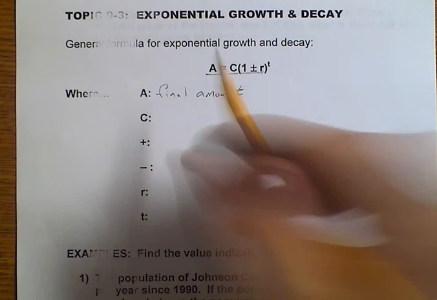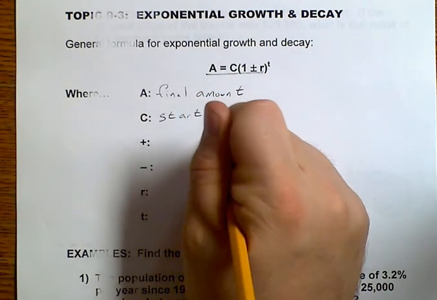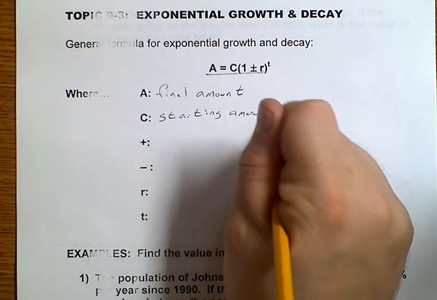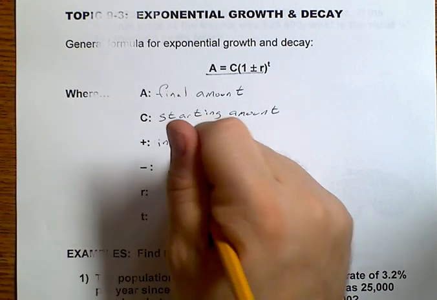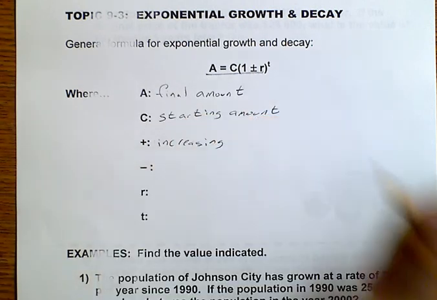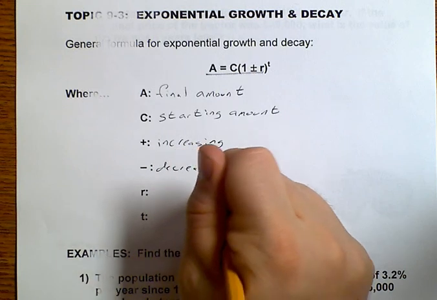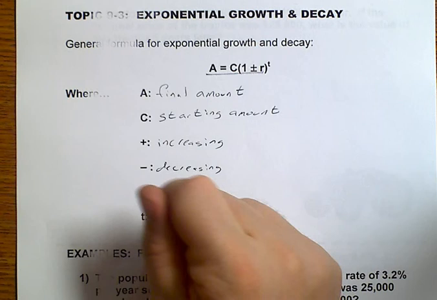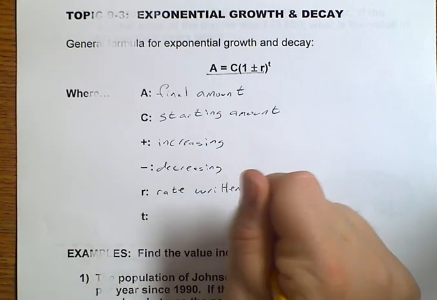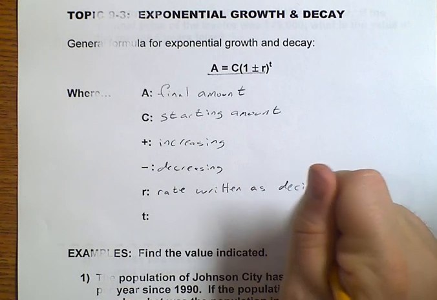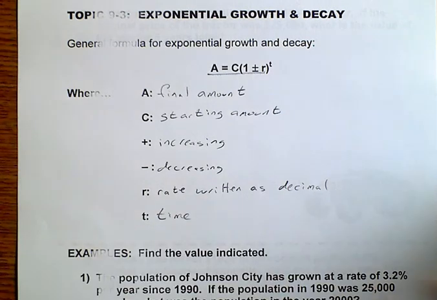C would be your starting amount. Pluses are when you were increasing. Minuses are when we are decreasing. R is the rate written as a decimal. And T is the time,